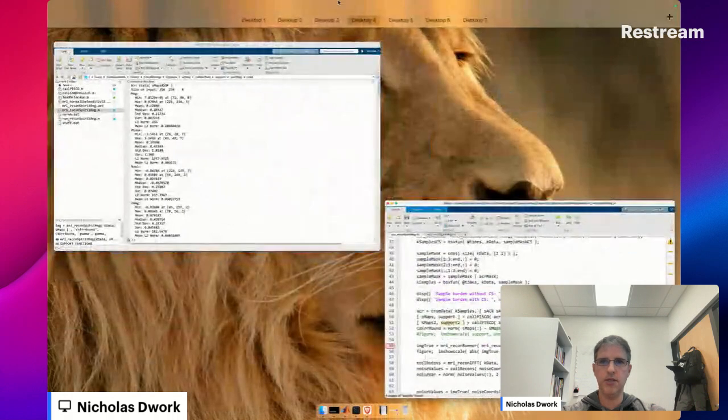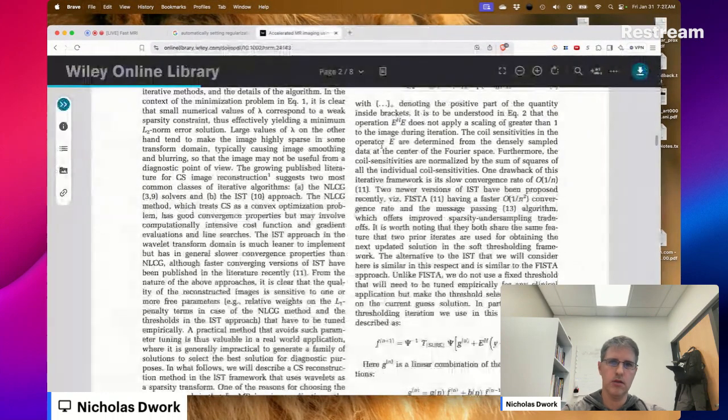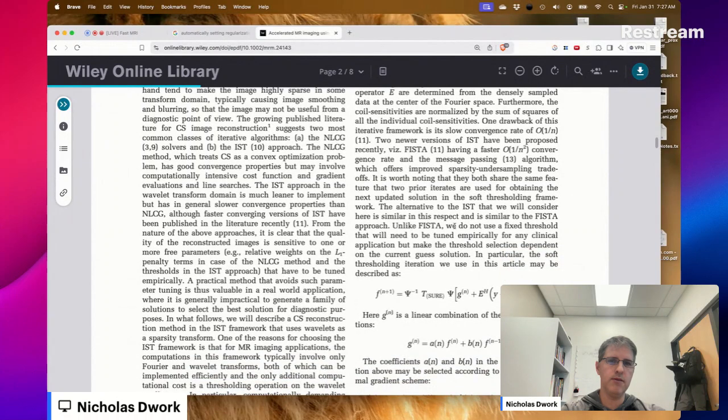So then that wasn't the issue, so we're going back to the paper. Unlike FISTA, we do not use a fixed threshold that will need to be tuned empirically for any clinical application, but make the threshold selection dependent on the current guess solution.